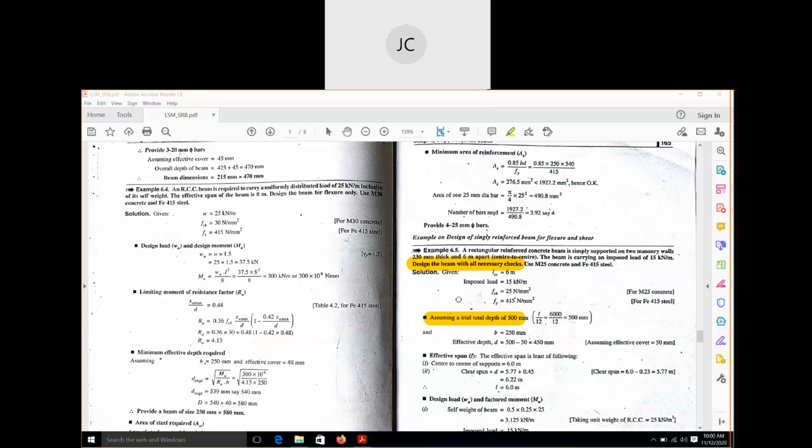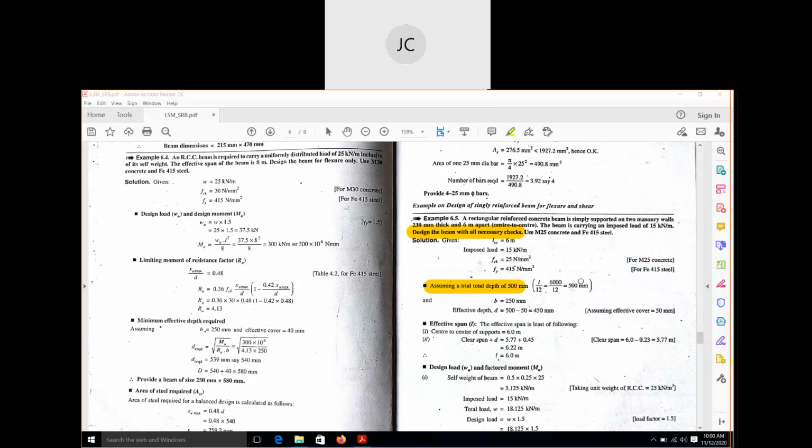Okay, so L by 12 is equal to 500 millimeter. And B, they have assumed, is half of the depth. The width of the beam is half of the depth, so it is 250 millimeter. Okay, so next, the effective depth will be equal to